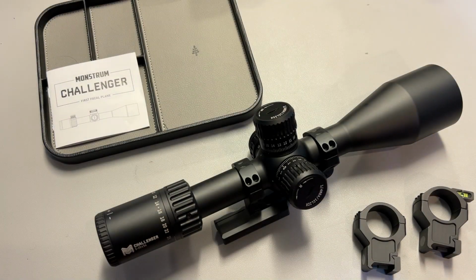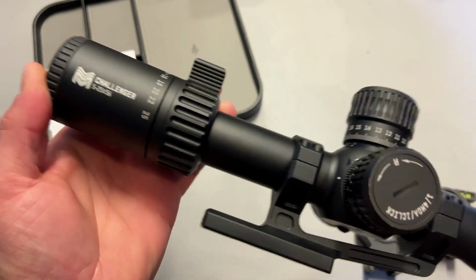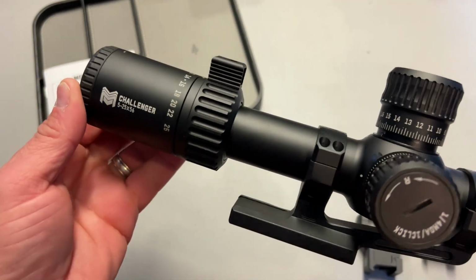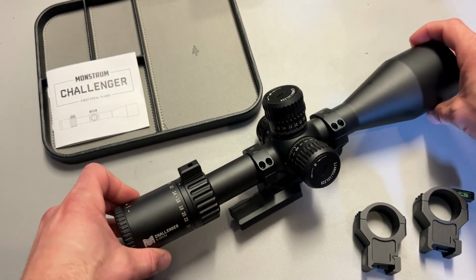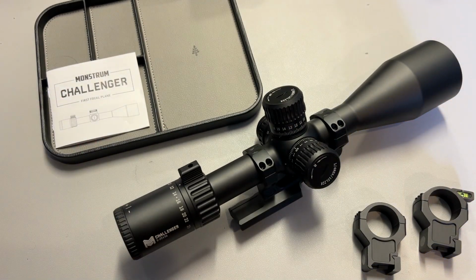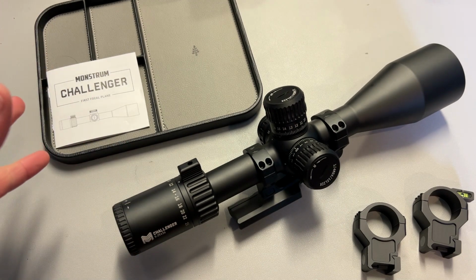All right, guys, well, I'm back today with a really nice high value long range scope option, and this one is from Monstrum Tactical. This is their brand new Challenger 5 to 25, and I've been reviewing Monstrum Tactical products for about 8 years now. They sent this one out to the channel at my request, and I'm really glad they did because it packs